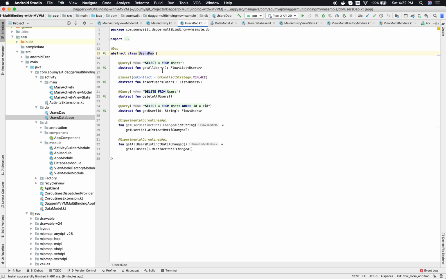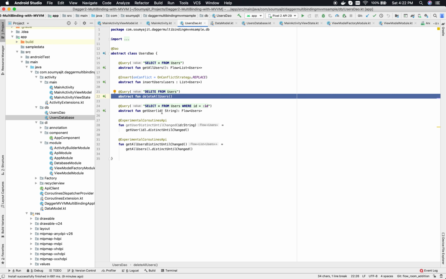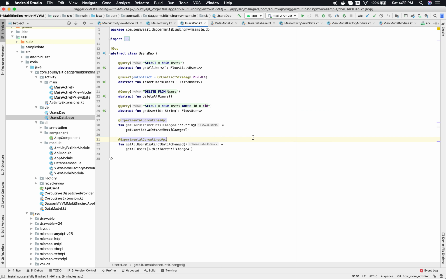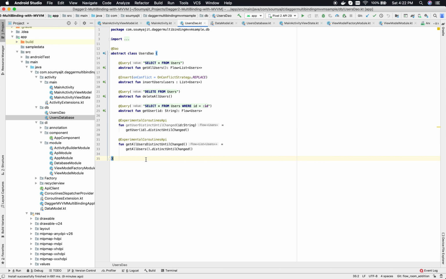We have actually defined 4 methods in UsersDao which are directly connected to the database, namely getAllUsers, insertUsers, deleteUsers, and getUser. The final two methods, these two I am talking about, just have an extra operation done on the getUser and getAllUsers methods.